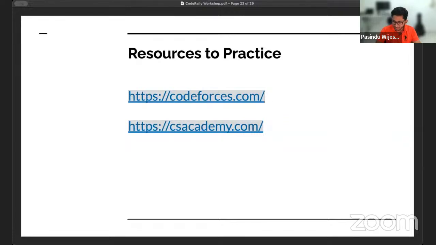The second one is CS Academy. So Codeforces has competitions, I think, every week, where you can compete in a 2 hour competition. This will really help you polish your competitive programming skills, because it is a timed competition, and there's a ton of competition in this context. Hundreds of thousands of people come and compete.